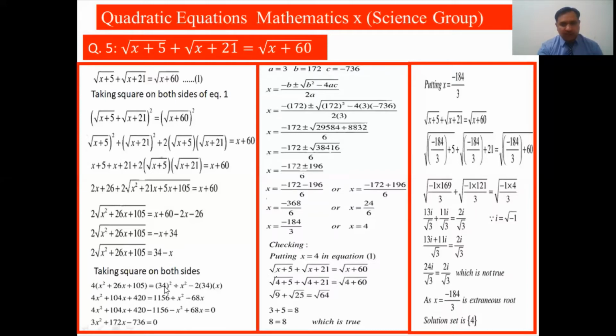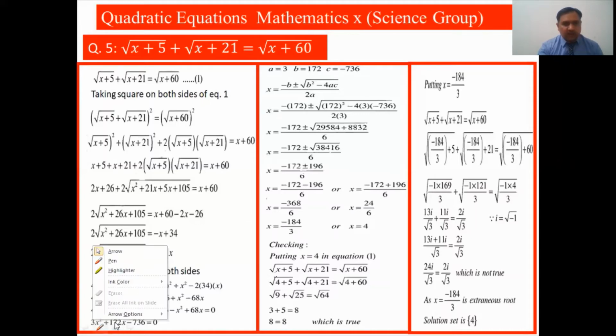So we'll write 34 square plus x square minus 2 into 34 into x. So here we multiply 4 with this expression within the brackets. So here we can write this 34 square is 1156 x square, and after multiplication this term is minus 68x. So now we have to shift these terms into the left hand side of the equation, and after simplification we have 3x square